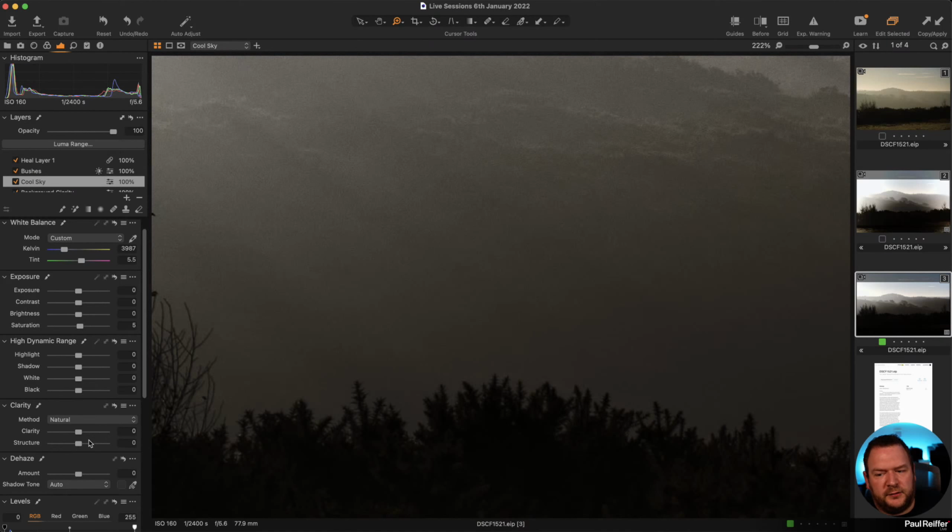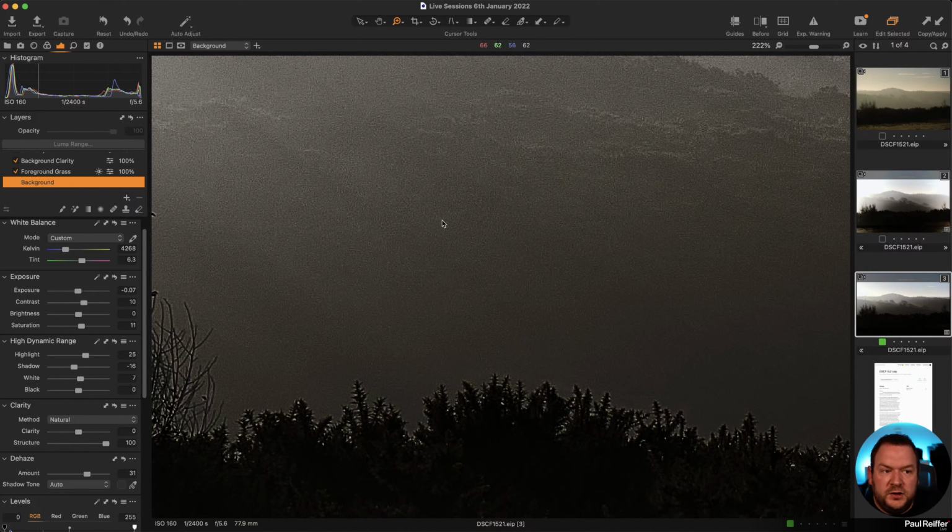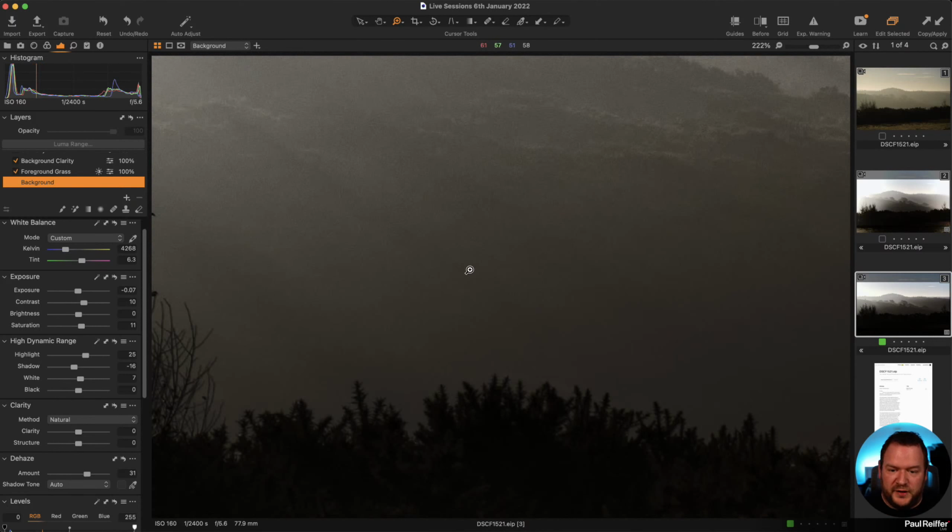Then I'm looking at, is it clarity and structure? Because if I overdo structure, I'm just going to do it on the background so you can see, you will see huge amounts of what seems like noise. It's not actually noise. It's Capture One forcing the details out. Structure is looking for texture and it's looking to enhance that texture. If it finds tiny bits of noise, it then uses that noise as a texture and makes it even brighter and even bigger and bolder. So structure is an awful culprit when it comes to what we think is too much noise, but it's not that. This was set to 0.